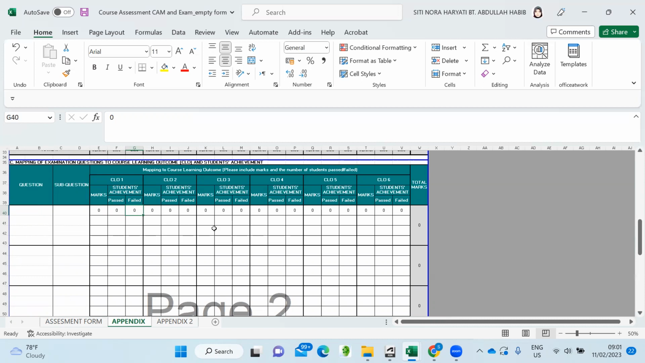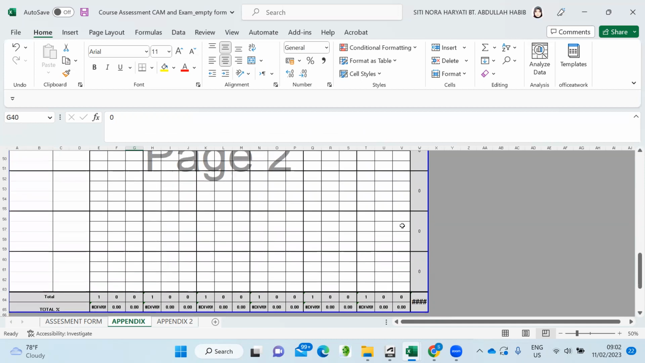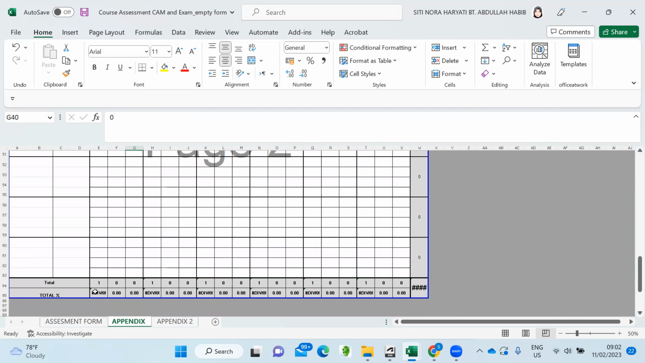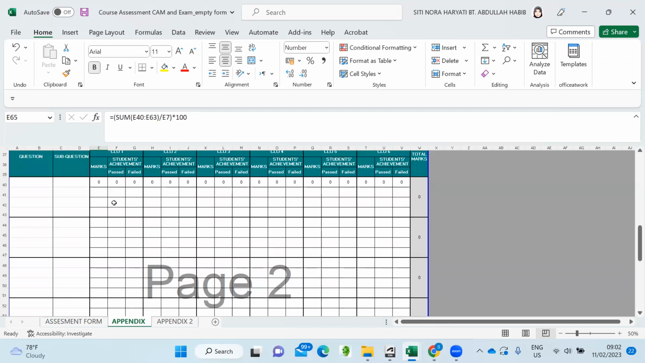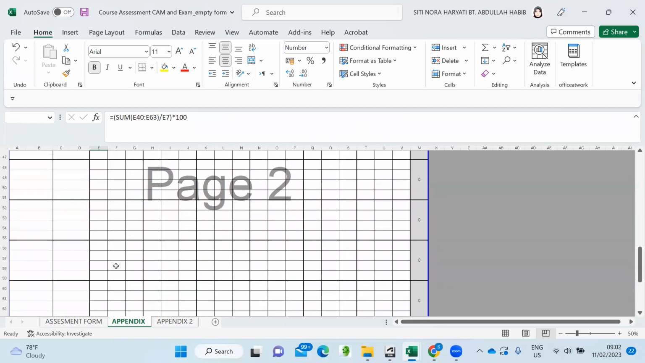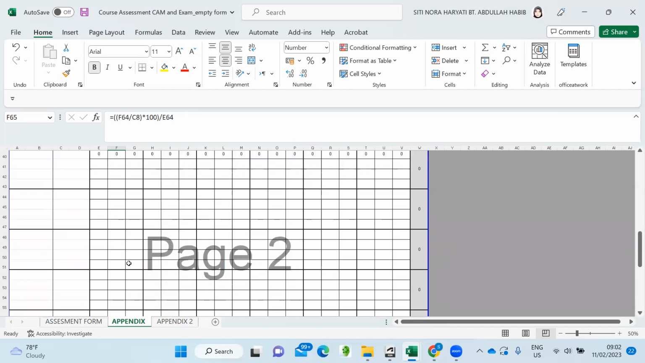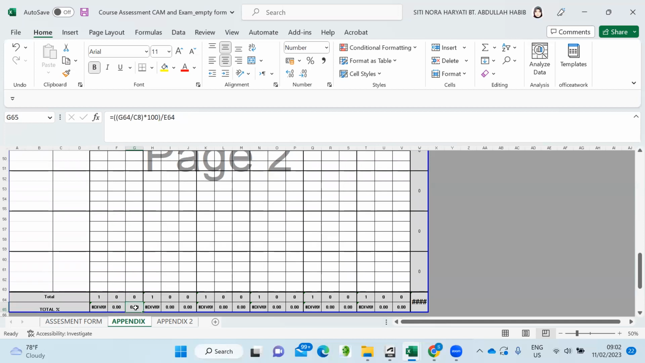Okay. The same also applies to other CLOs. Okay, after that, the gray area which has been formularized will generate how many questions were asked for CLO number 1 in this examination, and what is the percentage for CLO number 1 based on the questions given, and how many students in terms of percentage pass CLO number 1, and how many students in terms of percentage fail